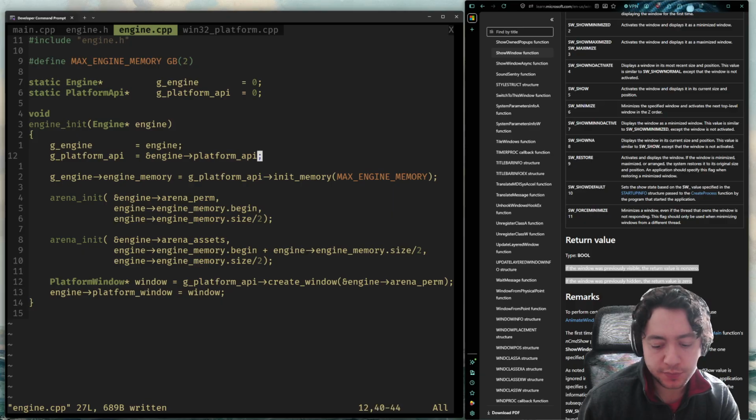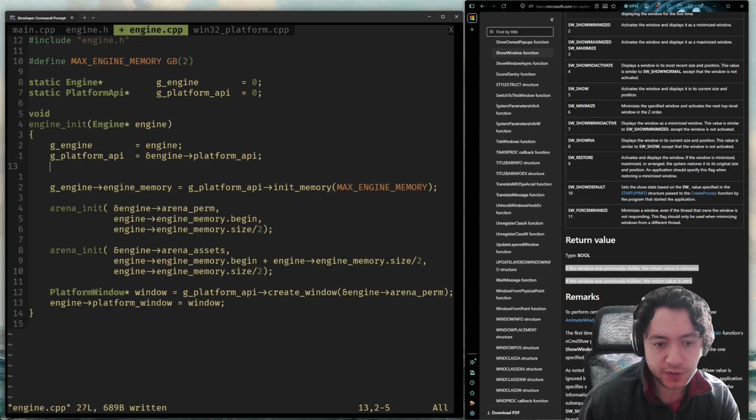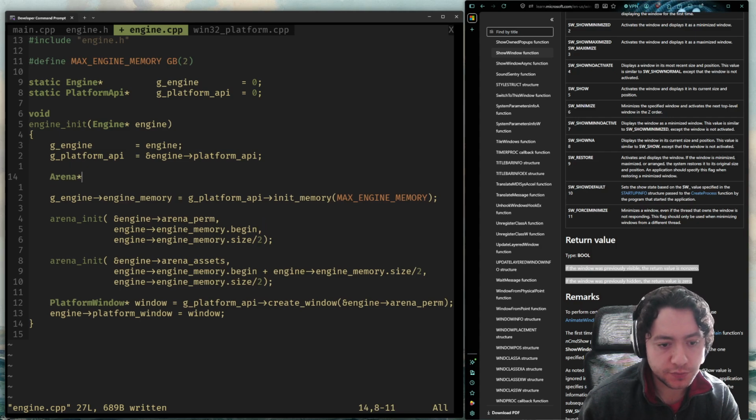But I guess what I can probably do is, instead of having all these, I can have an arena. I can just set up some pointers to arenas maybe, and say pointer arena equal arena perm, and then we have engine, and then